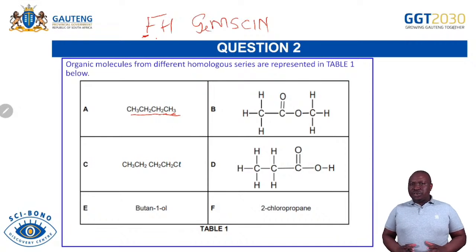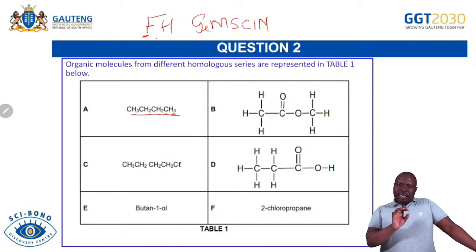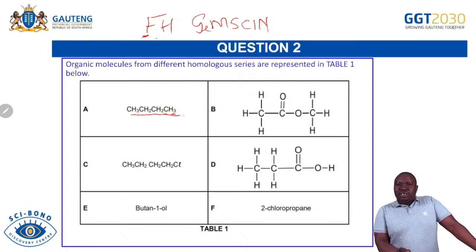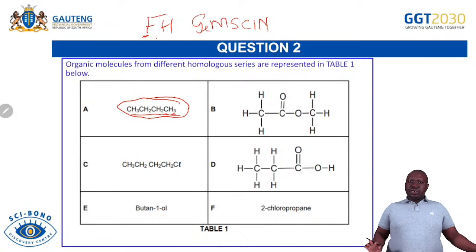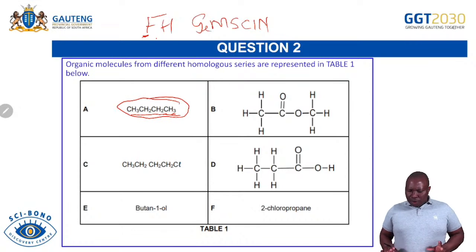So it's made up of hydrogens and carbons. If you don't say only, we're going to penalize you for that. You won't get your 2 marks. So ensure that if and when we say define a hydrocarbon, you will say it's an organic molecule made up of hydrogens and carbons only. And you can see that this organic molecule is made up of hydrogens and carbons only. I hope you are still with me.